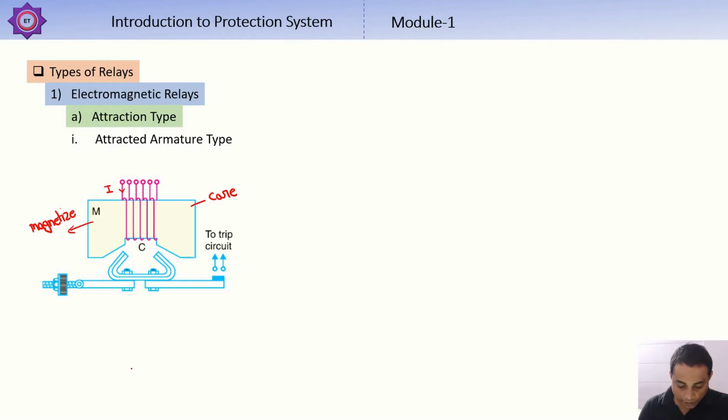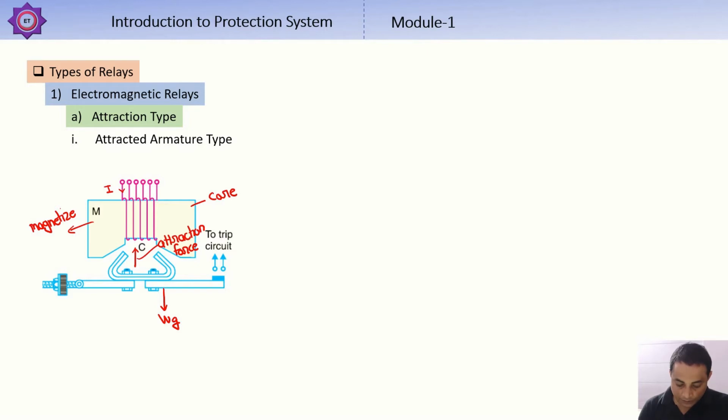Due to the electromagnet, a force of attraction is applied to the plunger or iron piece. If the current generates sufficient electromagnetic force which can overcome the gravitational force, then the iron piece lifts upward